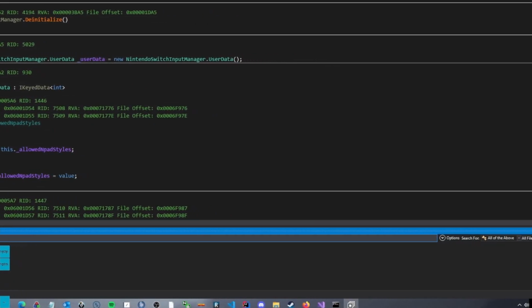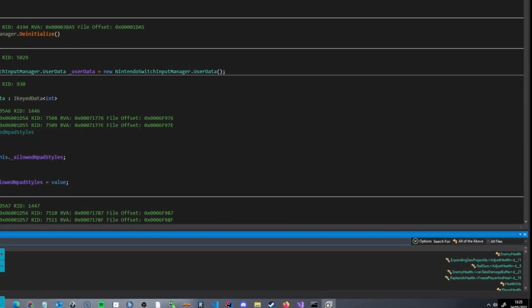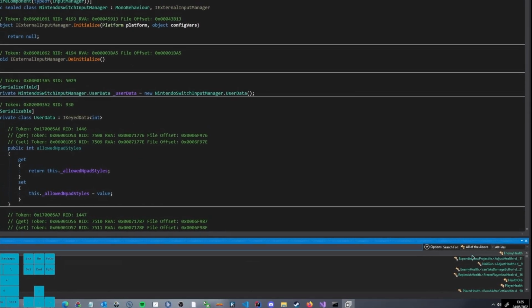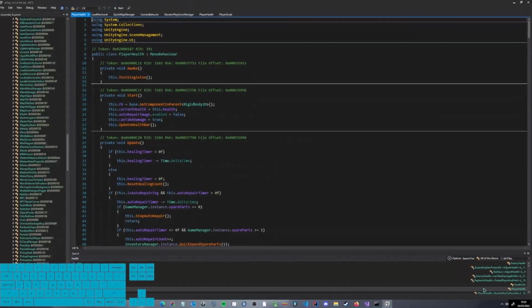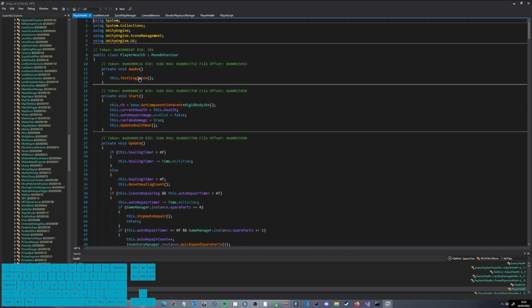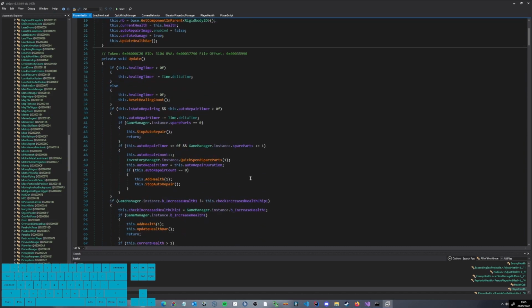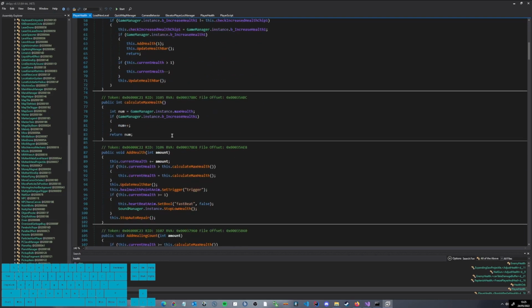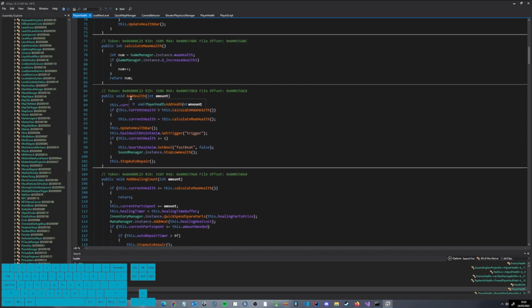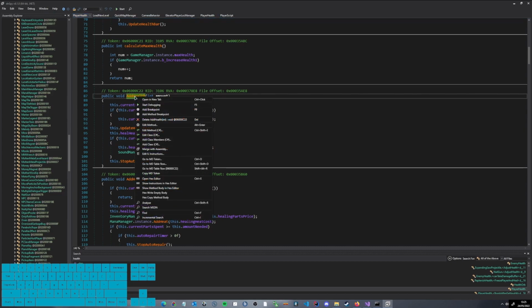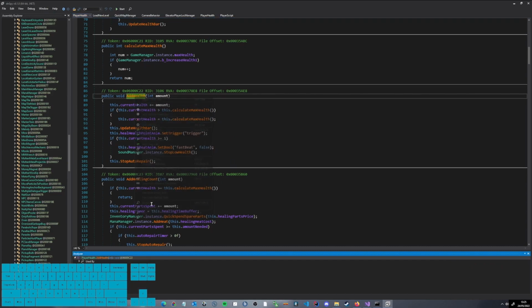So we're just gonna search for health and then look for anything that says player health. You see that here we have enemy health, which is not what we want. But here we also have a script called PlayerHealth. This also has a singleton, so we have an instance, so we can actually access this class, which is pretty neat. And then we just scroll through it, and we see, oh, this has an AddHealth method. We want to see how it's actually used by the game. We can right click it and then click on analyze.